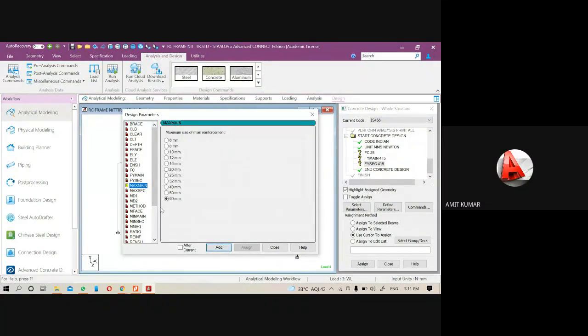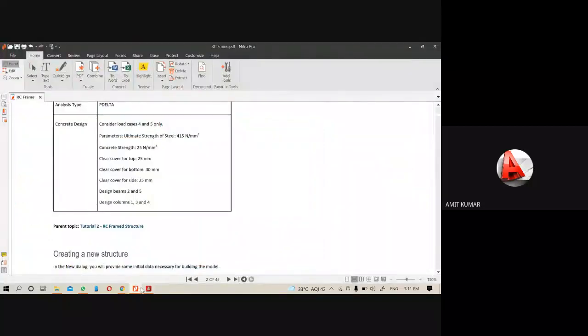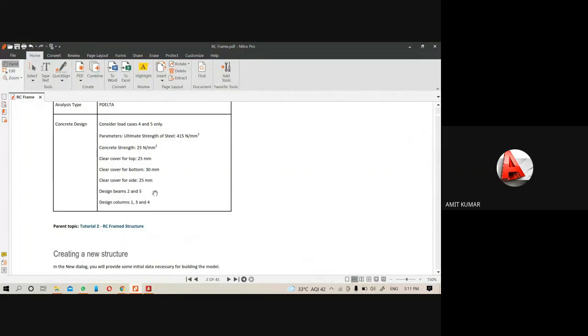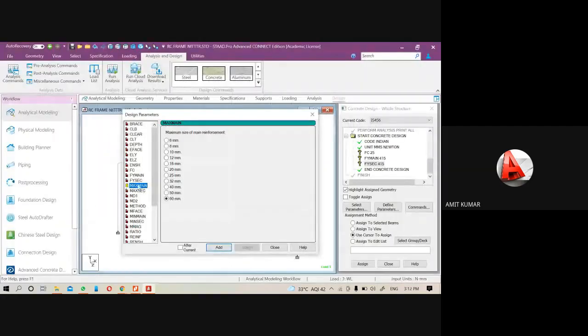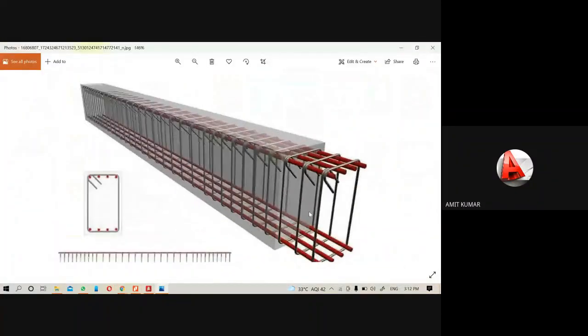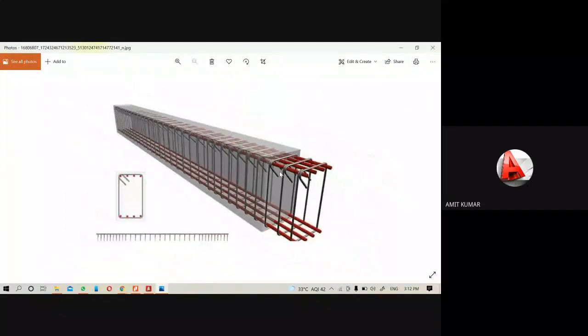Then the maximum size of the main reinforcement bar and all things. Let me check whether it is given or not. Now they have only the cover value, so I will explain these values also: what is the max main and what is the max secondary. For this, I will show you an image of a structure here.